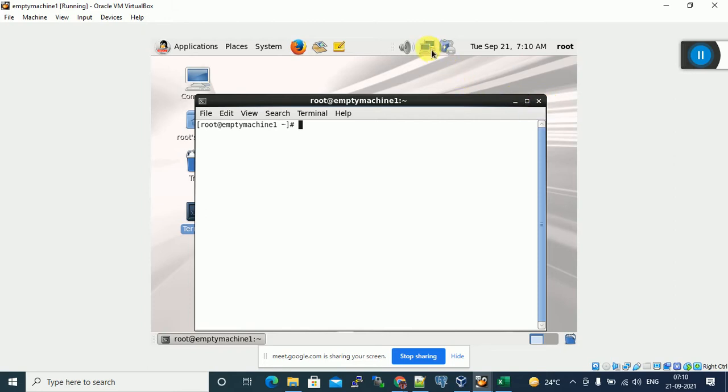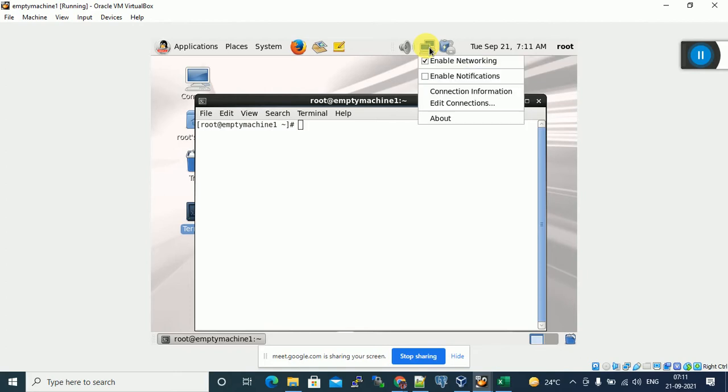Here you can see this is the network adapter. Ethernet ETH0 is currently active. If it is not active, it shows a cross mark on this computer icon, which means the network adapter is not in active state. Only if the network adapter is active can we connect from PuTTY. Currently we are in active state. You can see wired network connection ETH0 active. Suppose this is inactive, how to keep it in active mode?